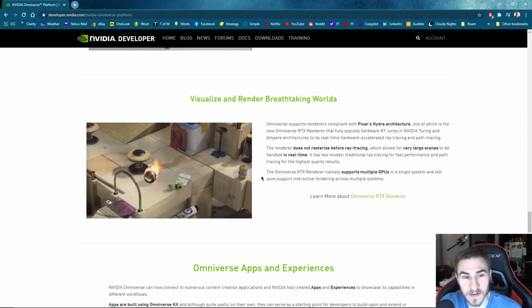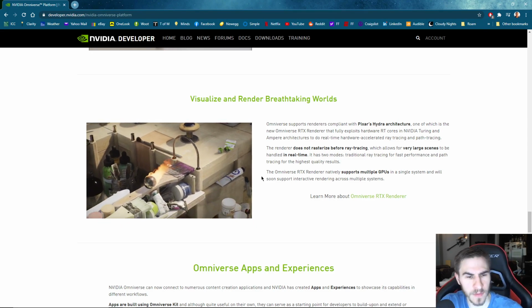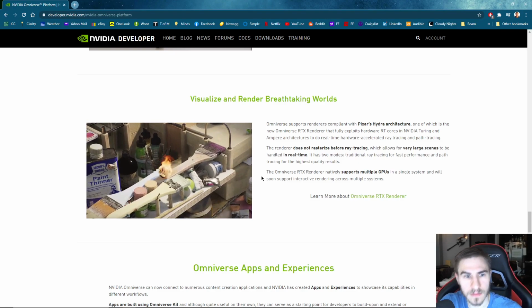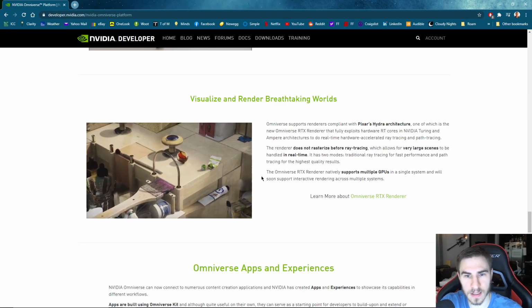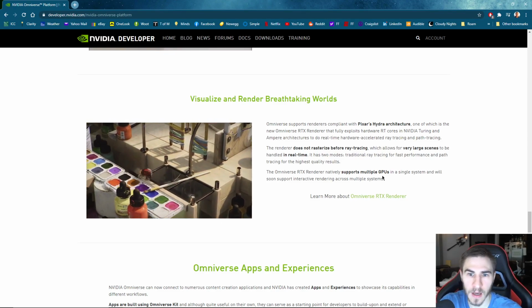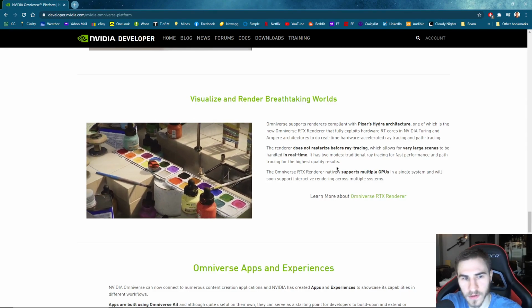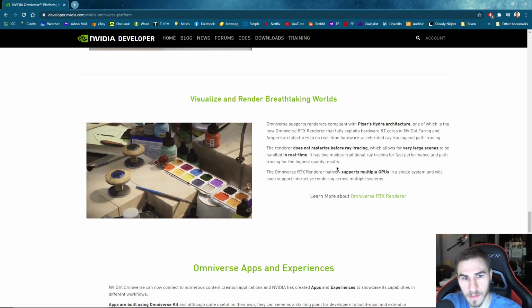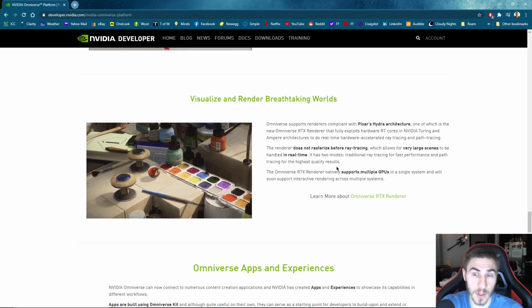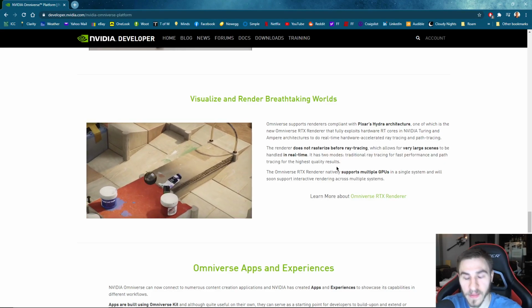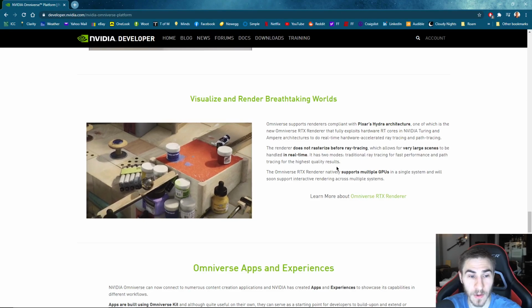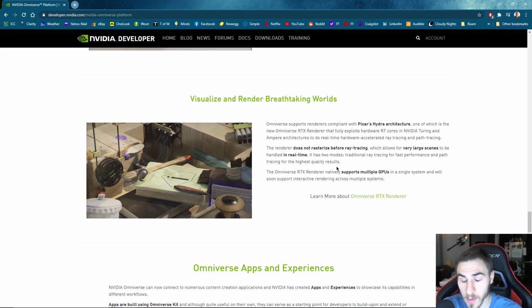If you talk to anyone at Nvidia, they will say it's completely different because this has ray tracing. Well, sure, it does have ray tracing. It does support multiple GPUs, very large scenes. That's great. All of it's real time, much like Inkscape and Twinmotion are as well. Lumion also. That is not enough of appeal for me to want to learn an entire new platform, to have